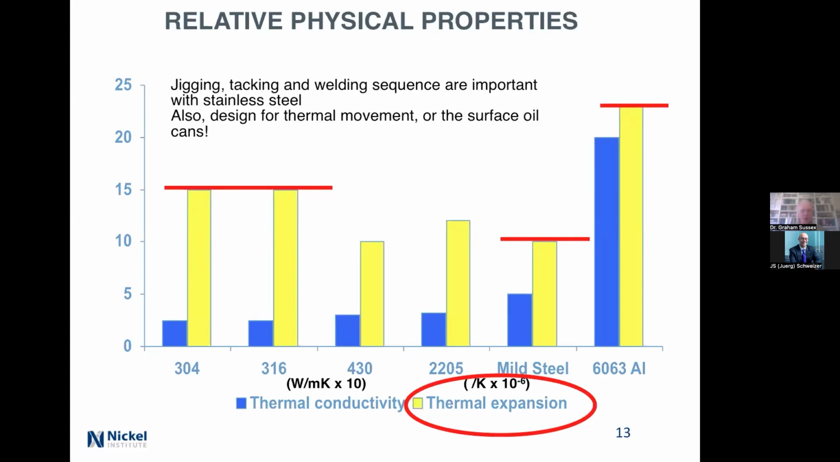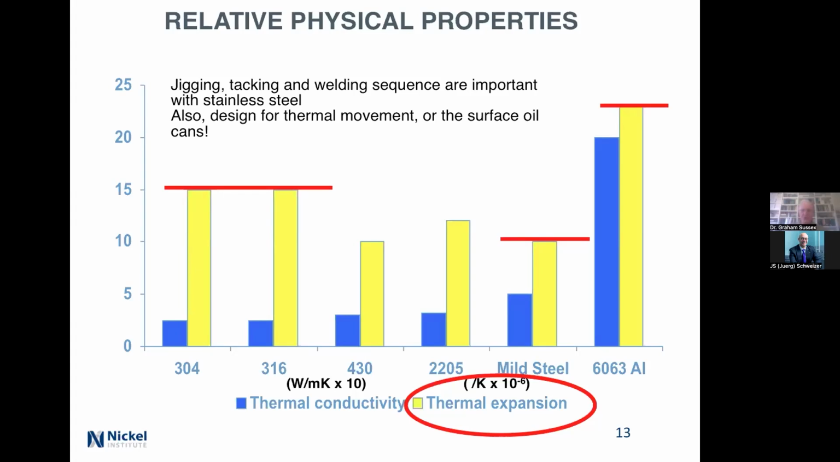Why are these up there? Well, if you're going to be welding, you're going to heat things up. You have to tack them to hold them into position, and you have to hold them in position with various jigs. If you've got limited amounts of allowance for thermal expansion, then you're going to find that the surface will